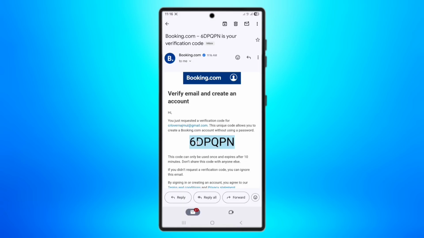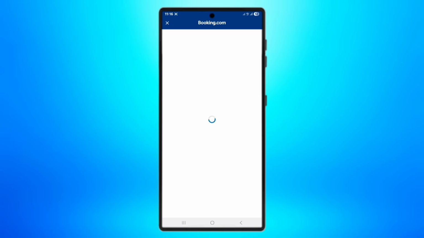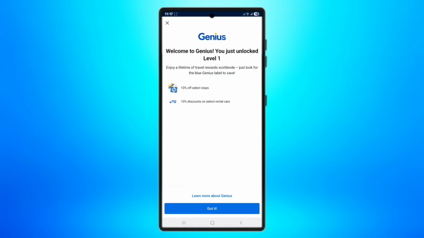Now booking.com will send a verification code to your email. Then enter the code and tap verify email. And that's it. You have successfully signed in to the